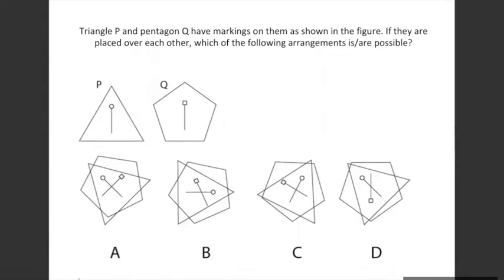Okay. So in this case, what you have to see is, ये जो circle है, this circle is pointing towards this tip, any tip of a triangle, because all tips are similar. It's an equilateral triangle. All tips are similar. That's why all angles are similar. And the square in the pentagon is pointing towards one edge. It's a regular pentagon, which means all angles are similar. What you have to do in this is, the square should be pointing towards the tip of the pentagon and the circle should be pointing towards the tip of the triangle, which is happening in A,